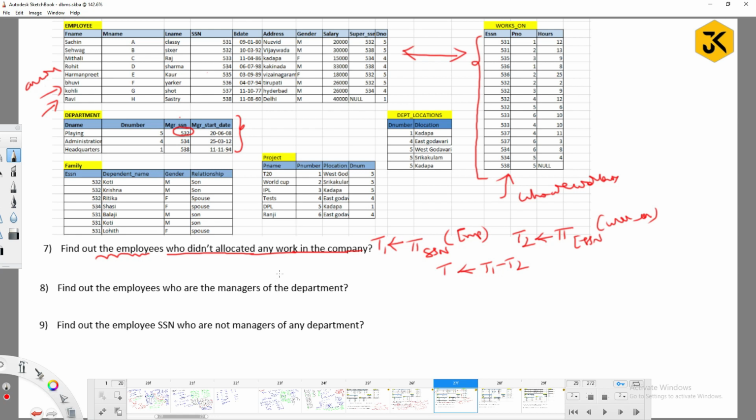Sir, okay. Without join operation, can we get it? How? How can we get it? We need to do it with separate queries, right? T1 is one separate query, T2 is one separate query, then we can go with the intersection operation, right? Or else can we go with the join operation directly?